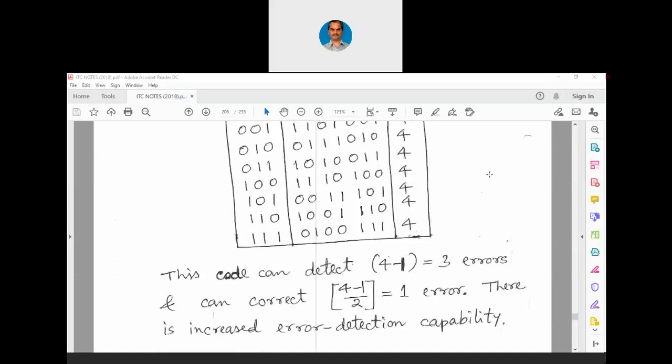So with this discussion, I am going to end the class for today. See you in the next class. In the next class, we will be completing the discussion of the cyclic codes and we will gradually move on to the discussion of